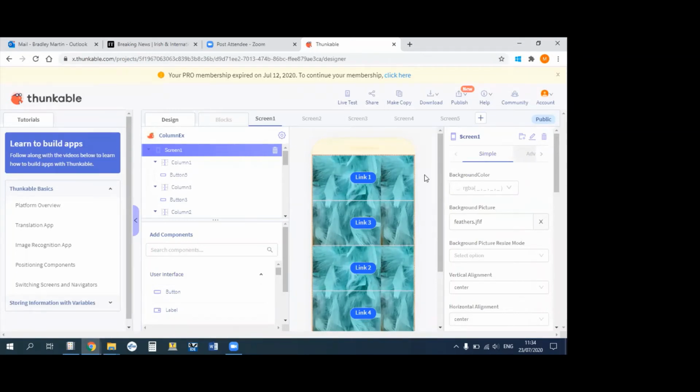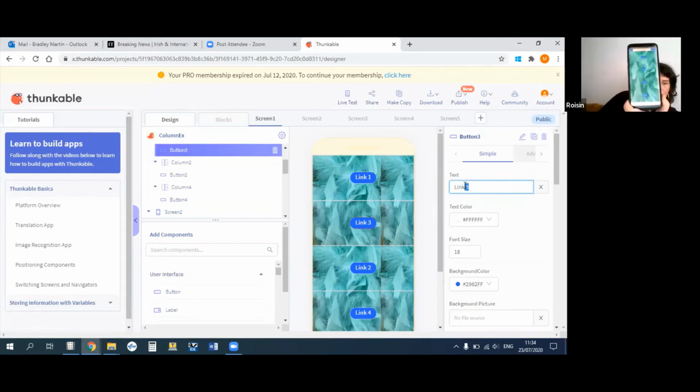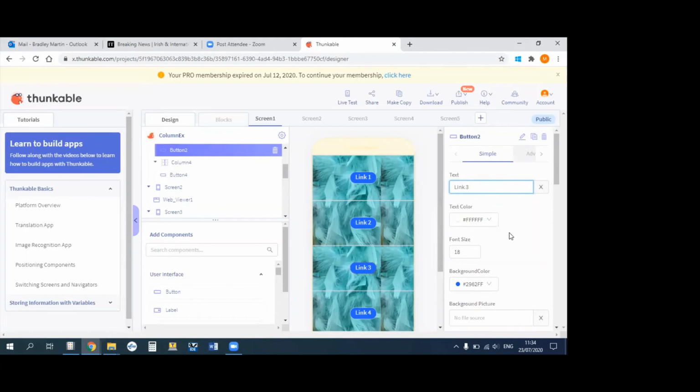When you see it on the actual phone, you'll see link 1, link 3, link 2, link 4, but you can easily just change the text and so on. Got it sorted. And I'm just changing the